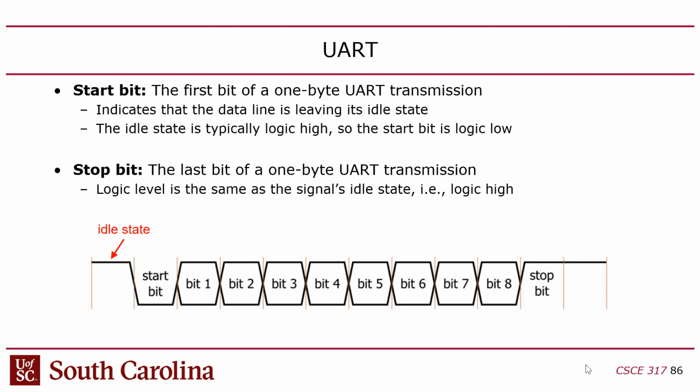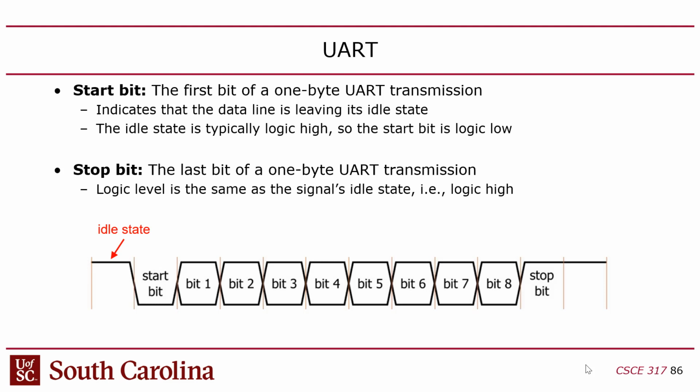Okay, and then when it finishes, there's a stop bit that is basically 1 bit time, 1 clock cycle of the channel being high. Now you might say, wait a second, start is low and stop is high. Why is that? Well, they're meant to be different, right? Start is low because the channel idles high, and stop is high because if you wanted to send another